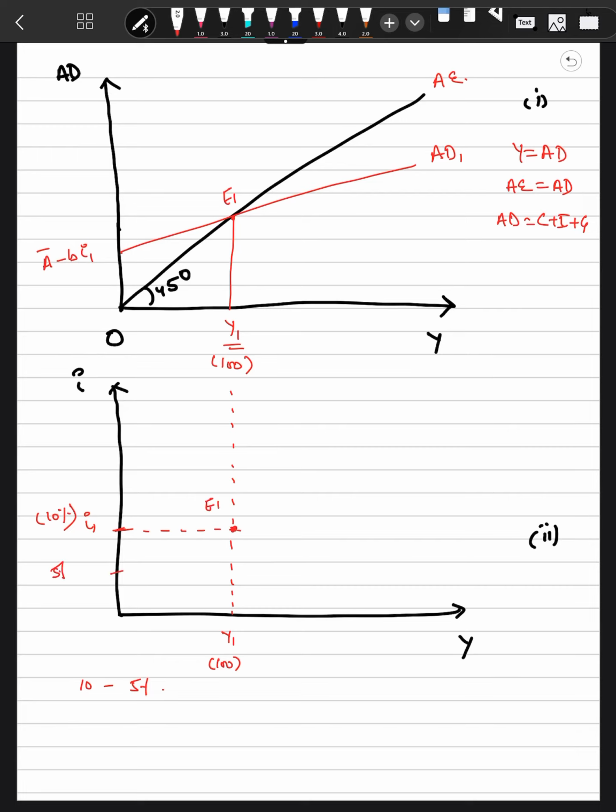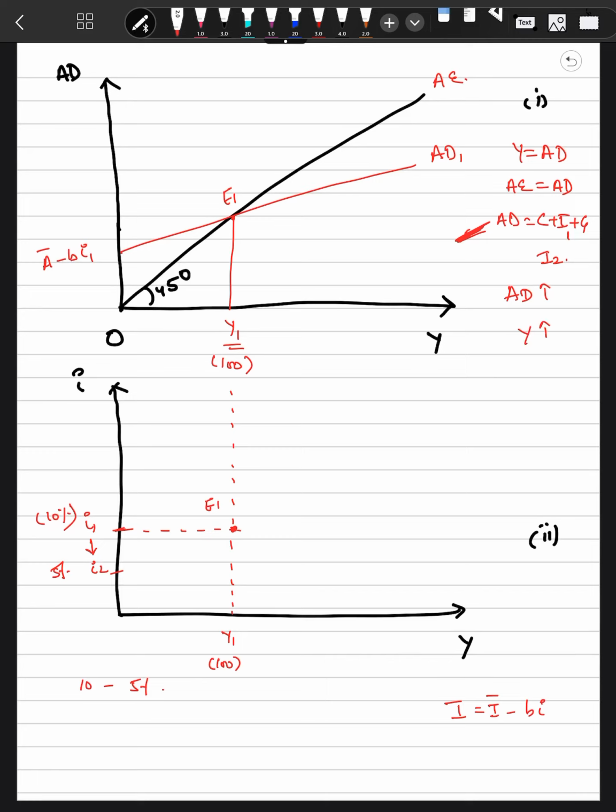This is I2, and we know that whenever there is a reduction in the interest rate, investment increases. Why? Because we have discussed that I is equal to I bar minus BI. So this minus represents an inverse relationship between investment and interest rate. सो जैसे ही हमारा इंटरेस्ट रेट कम हुआ, 10 से 5% हुआ, हमारा इन्वेस्टमेंट इंक्रीज हो जाएगा. जो हमारा ये कंपोनेंट है AD वाला, ये इन्वेस्टमेंट अगर I1 था तो ये इन्वेस्टमेंट इंक्रीज हो जाएगा और I2 हो जाएगा, as a result of which AD increases, and therefore Y is also going to increase.